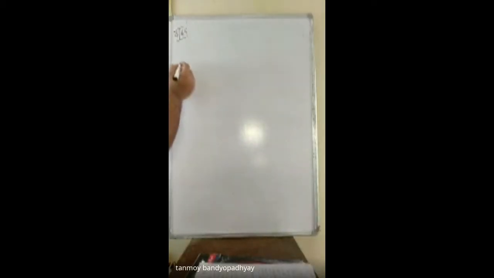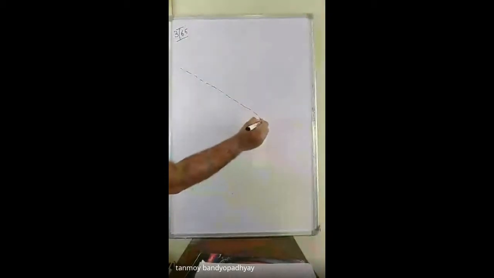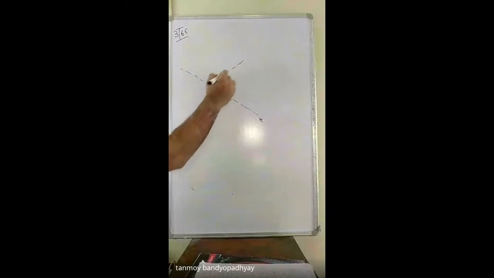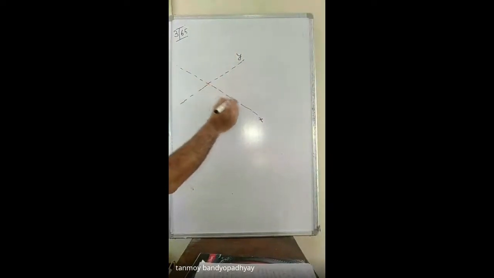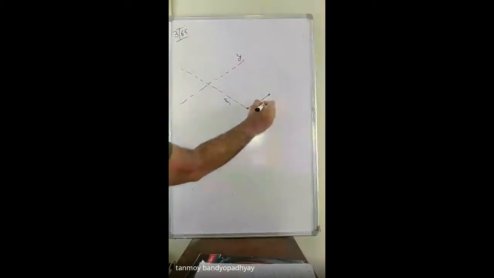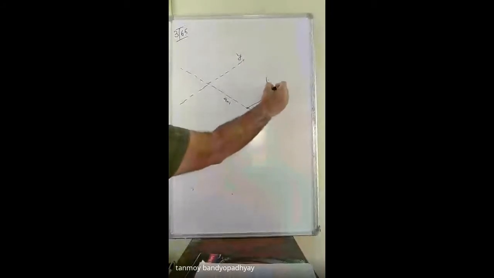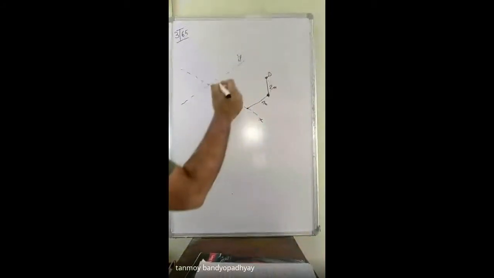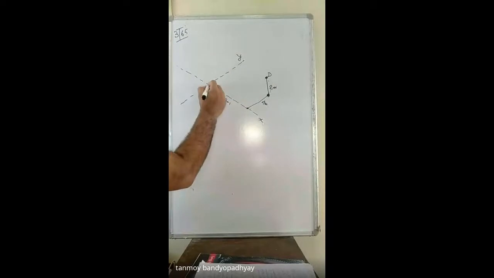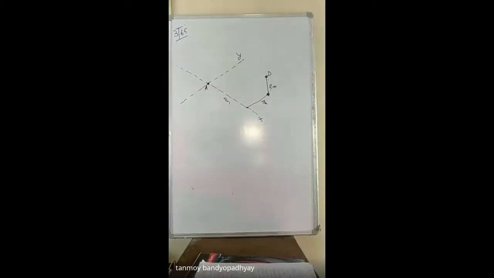Let me see how much of it I can draw. So this is the x-axis, this is the y-axis. If you go a distance of 4 meters, and 4 meters on this side, you'll be reaching a point. Again, you go vertically up a distance of 2 meters, so you should be reaching a point D. And this one is the point A, where a ball and socket joint is provided.